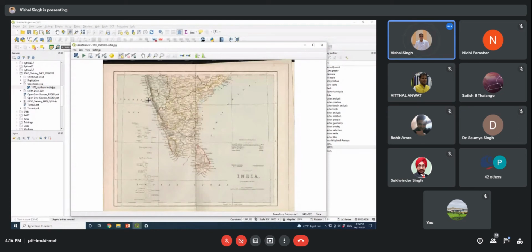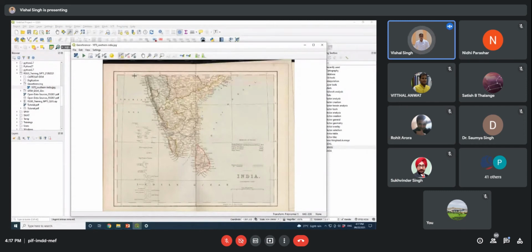After that, you can see that your transformation has been set. In the tool panel, you can see a number of tools. From the left hand side, the second tool is start georeferencing. You can see it here. If you click start georeferencing, it says polynomial first transformation requires at least 3 GCPs. Right now I have not given any point to this map, so it has given an error.